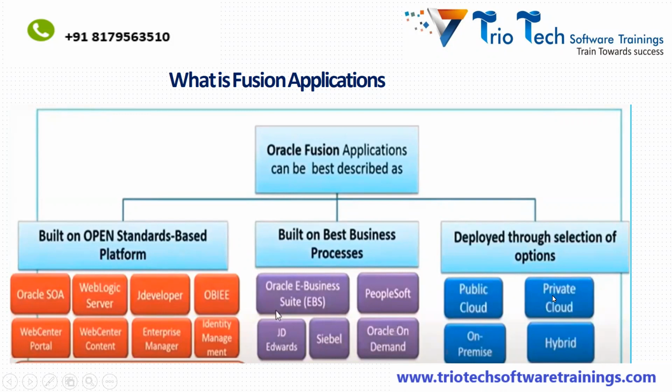Whenever we refer to cloud, you can assume it as a subscription-based service. Like how we have a prepaid mobile or DTH connections, whatever we want, we just pay for that particular subscription and then we make use of it. Like that, once Oracle Fusion operates on cloud, they are also giving subscriptions. So it's not required to buy all the modules. The company can select specific modules based on the current business, and then they can subscribe and pay only